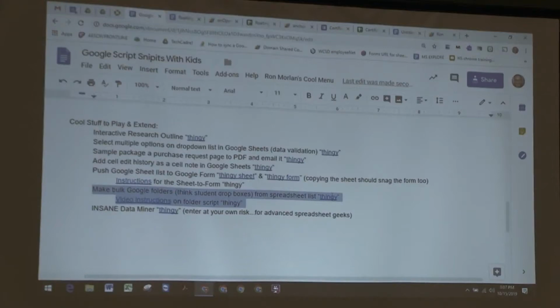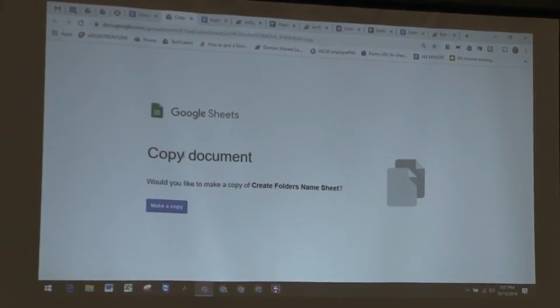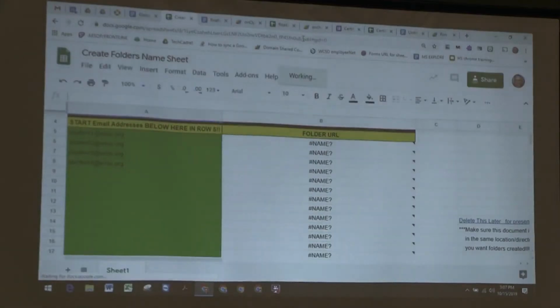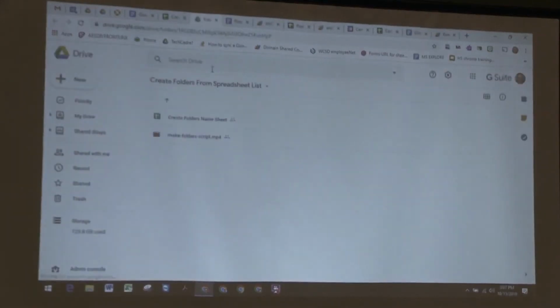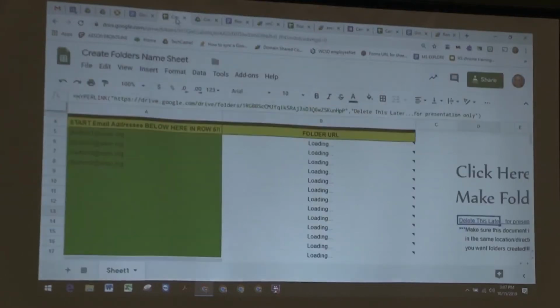And so this one actually, I don't know about your student information systems, but for us it's relatively simple to get just a list of your students' names and email addresses. And in this case, wherever you happen to place this document, in this case I have it, you can delete this because it will be my directory. But I have it placed in this folder called Create Folders from Spreadsheet. And I just paste a list of student emails. In this case, they're bogus, but if I click